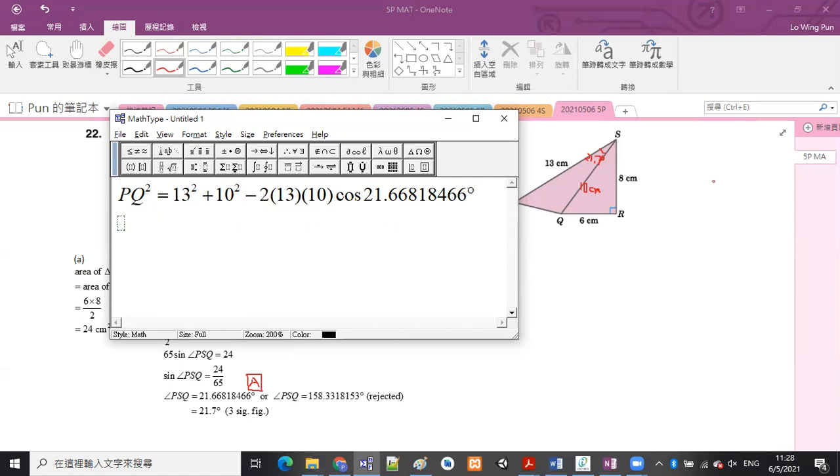Can you get this? And of course, I will enter alpha 8 for this long decimal number. 13 squared plus 10 squared minus 2 times 13 times 10 times cosine memory A. And then don't forget to take the square root of the answer. And you'll find that PQ is equal to